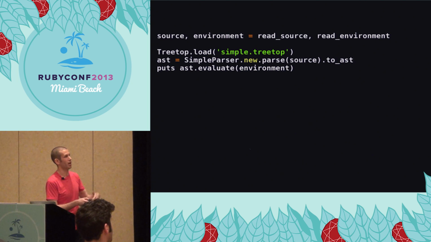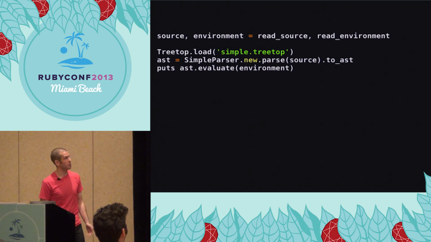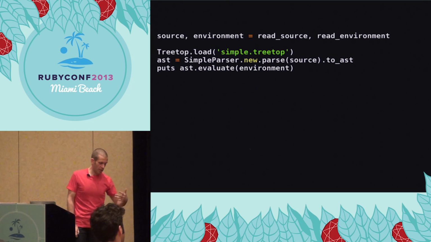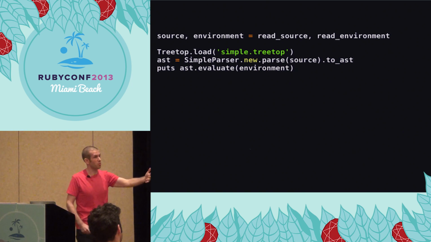It's going to somehow acquire the source code and the environment, and it's going to use Treetop to load the grammar, instantiate the parser, and then turn it into an abstract syntax tree. Then it's just going to print out the result of evaluating the original program in the environment that you provided. So if we're going to do what Futamura suggested, we're going to feed this into a partial evaluator,